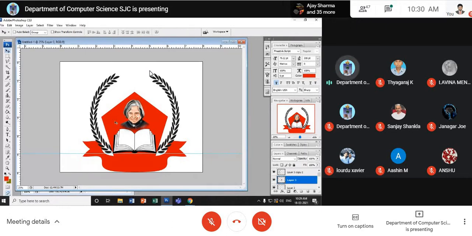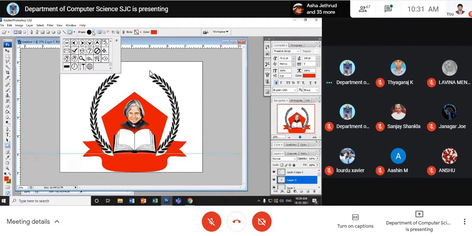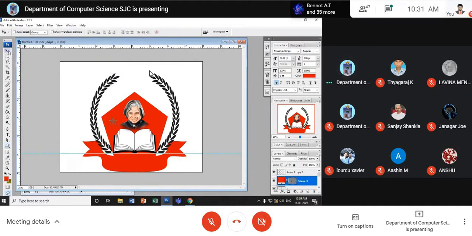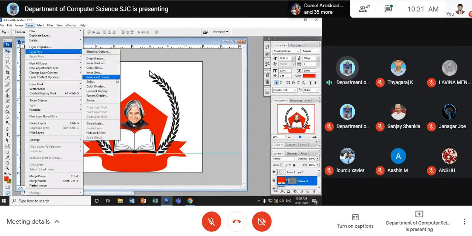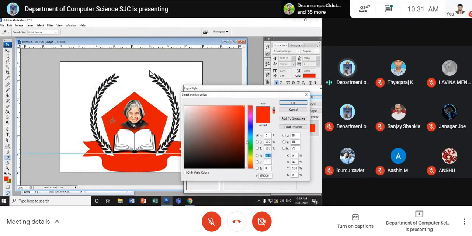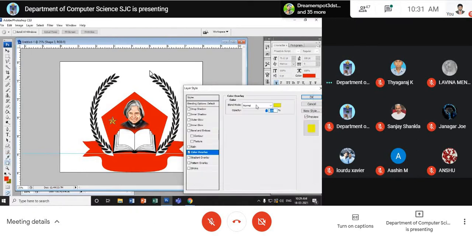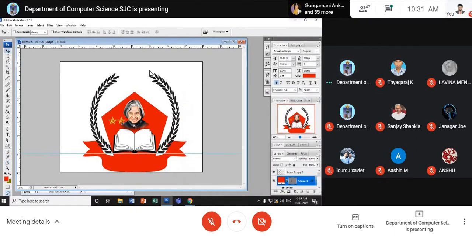And if you want to keep anything here, maybe 2 stars can be kept here. I think stars can be kept here. I go to custom shape here. Go in search of a star. See, I'm taking a star here. I keep it here. I've chosen a star. See here, I just make some other color. For the time being, I keep it. Okay, right. I've kept it. Now it's over. APJ University, right?